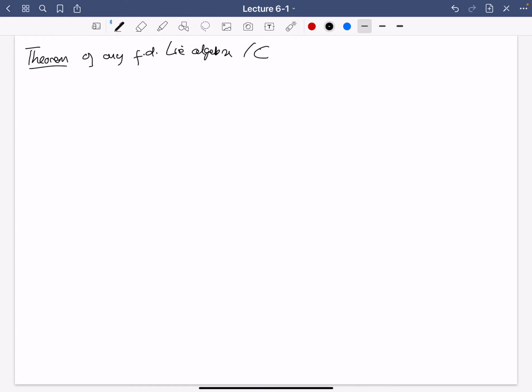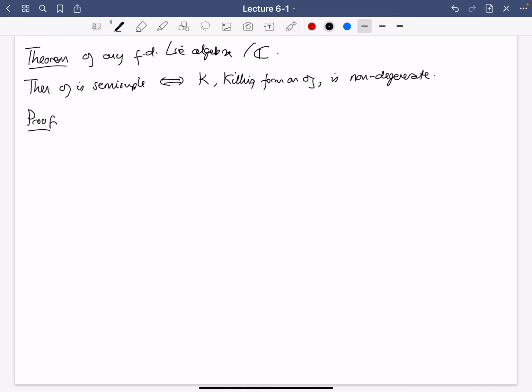Of course, we're working over the complex numbers. That's assumed always. And the theorem says that G is semi-simple if and only if the Killing form on G is non-degenerate. So I want to prove this. I think I'm going to kind of half prove it today,